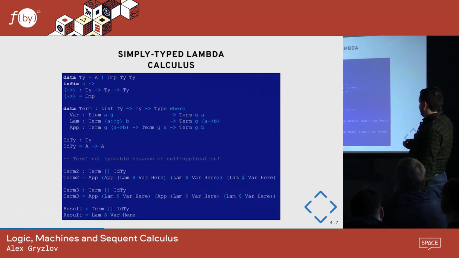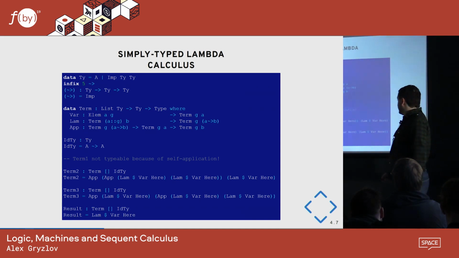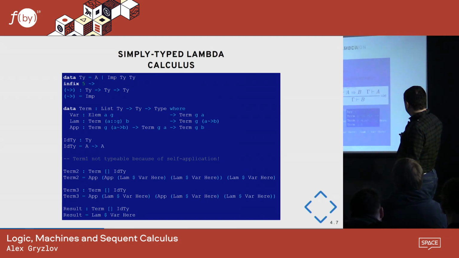So this is the property called, I think, subject reduction, but basically it says that terms with some kind of type should reduce to a term with the same type, which makes sense, right? You don't want to evaluate 1 plus 2 and get a string, which I guess you can in some languages, but whatever.